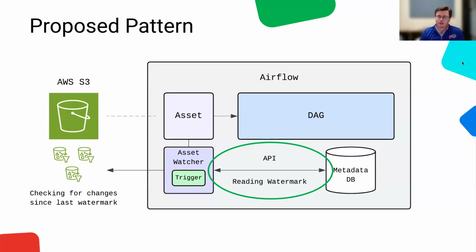And from here, once we have that in place, we can actually use it for more than just asset watching. It can become somewhat more of a general state store to be used in Airflow by other tasks, sensors, other triggers, that sort of thing. But again, this model is quite simple. It relies on us, though, being able to read a watermark, so we're not processing a whole entire bucket of data every time, or a whole entire table in a relational data store.